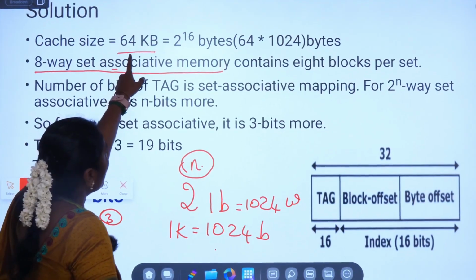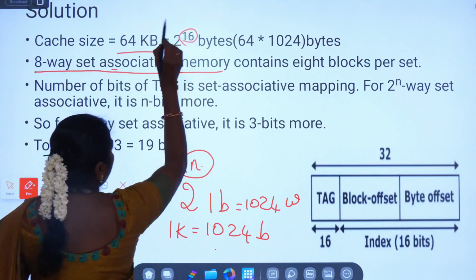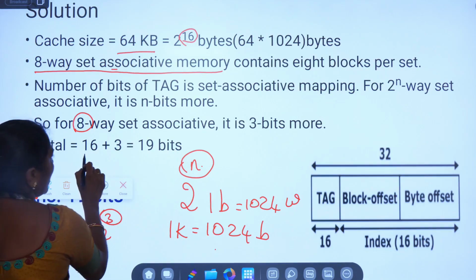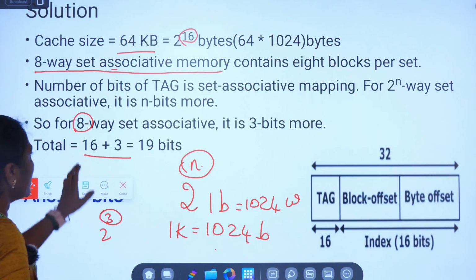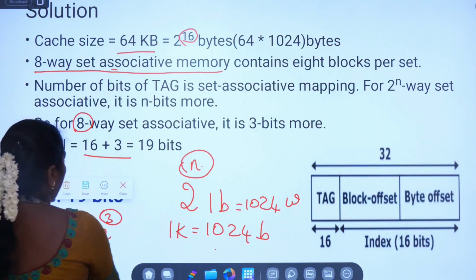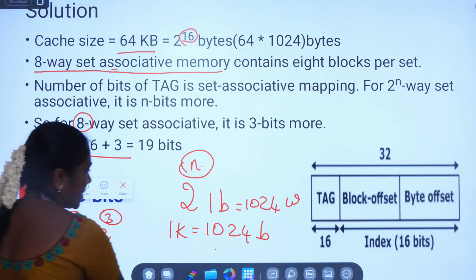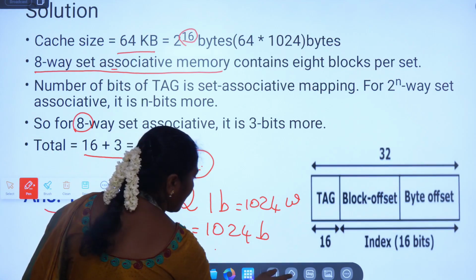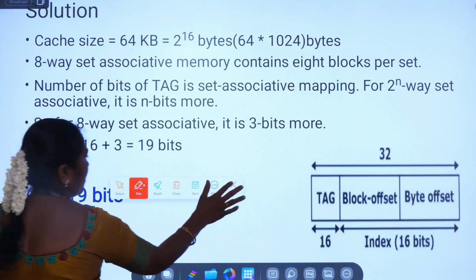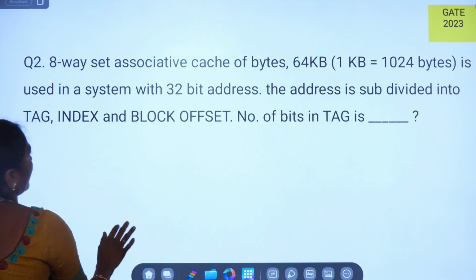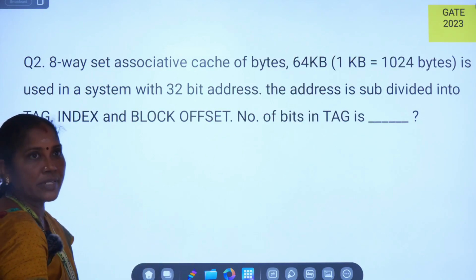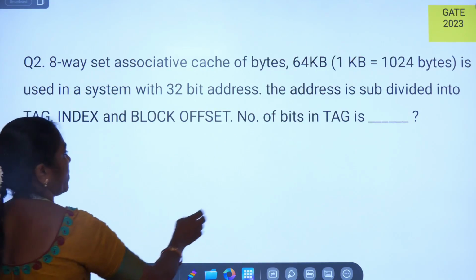Totally, for the 64 kilobytes we have 16 bits, and for the 8 we have 3 bits. So the number of bits is 16 plus 3, that is equal to 19 bits. Hence the answer for this question is that the number of bits in the tag is 19 bits.